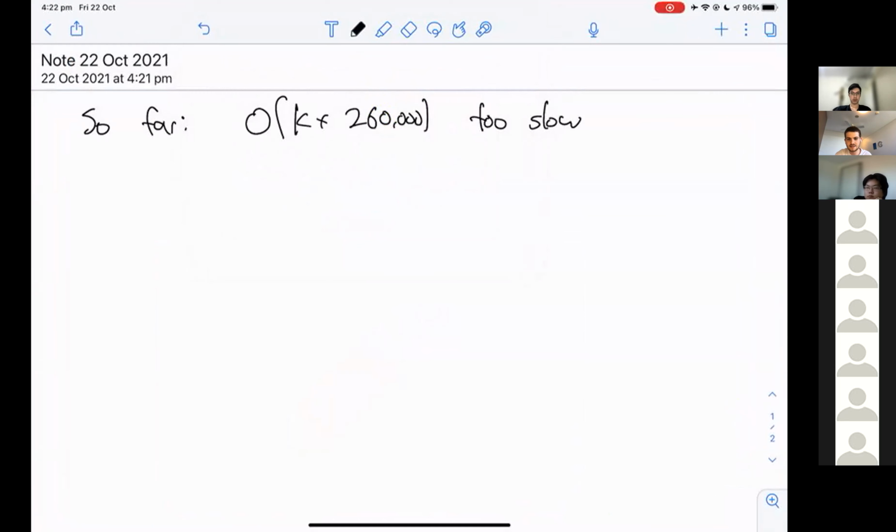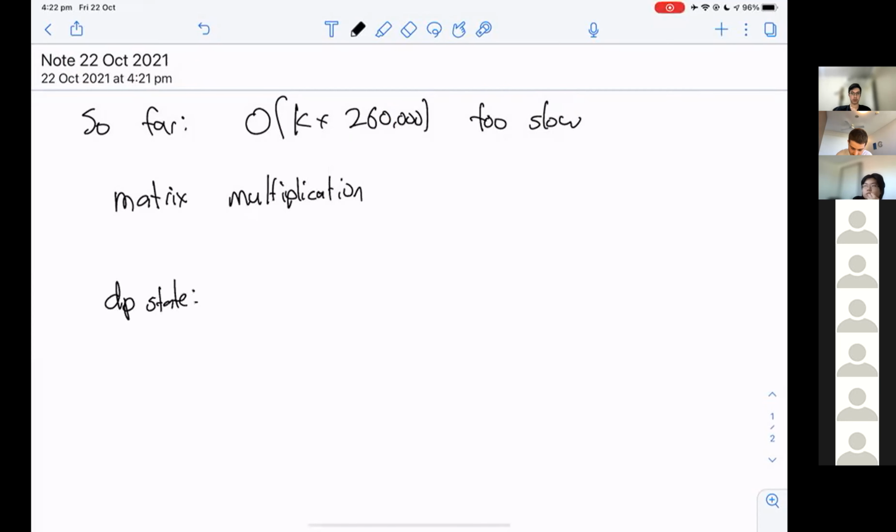That idea is to use a form of matrix multiplication. To do that, we're going to compress our state a bit and come up with a new state. Our DP state will instead consider both the start of our blog post, and also the end of our blog post, and also its length.